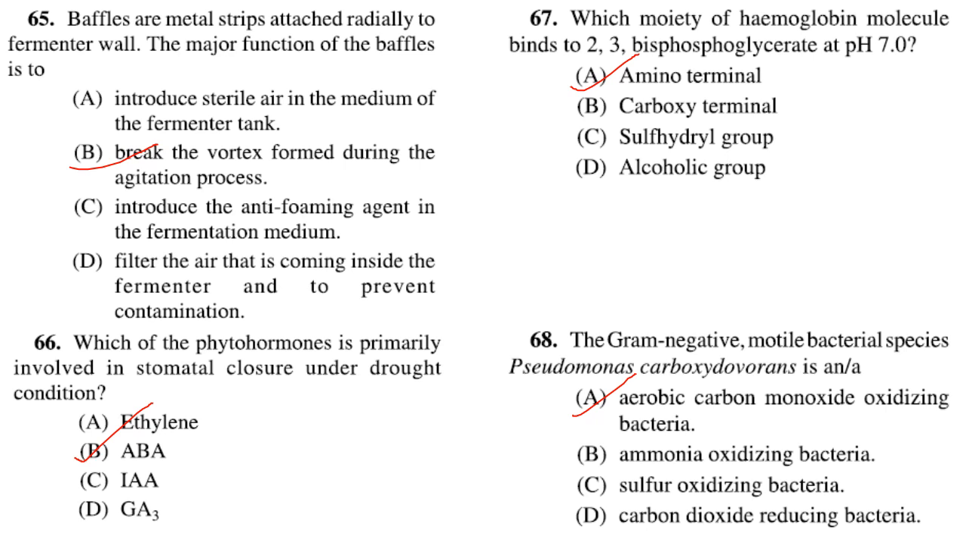The gram-negative motile bacterial species Pseudomonas carboxydovorans is an aerobic carbon monoxide oxidizing bacteria. Answer is option